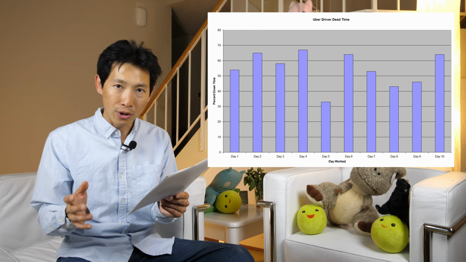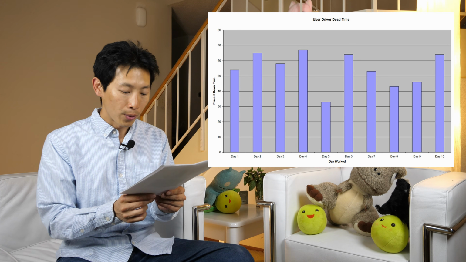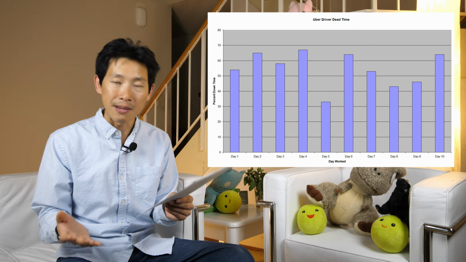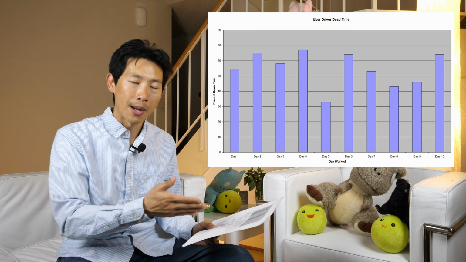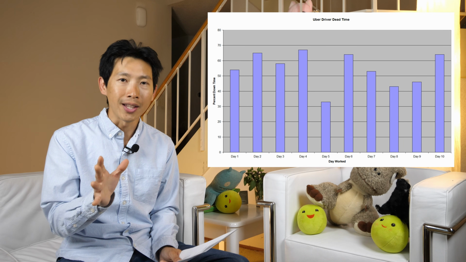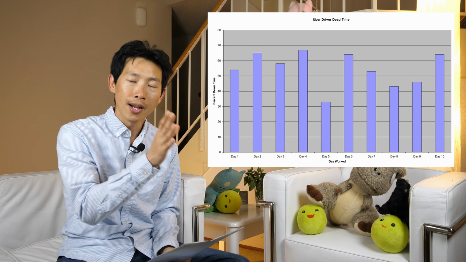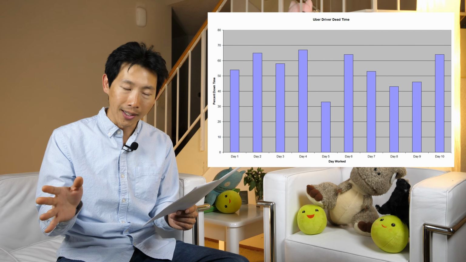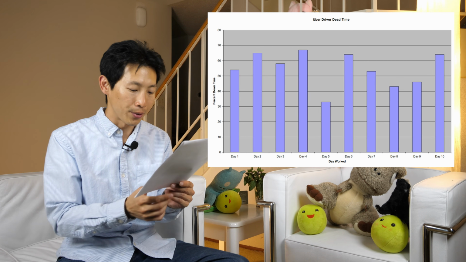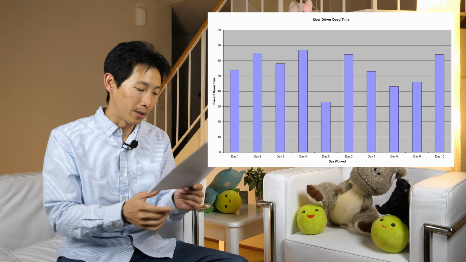Day five, I changed my strategy a bit. I had only 33% of dead time because I drove from 9 p.m. all the way to 1 a.m. on a Thursday, which is a high demand time. So right around 9 p.m., everyone got off work. Maybe they want to go out or something, all the way to 1 a.m. So I think if you're driving around the peak hours, especially during Thursday, Friday, and Saturday evening, those are really good times, along with Saturday afternoon and Sunday afternoon. Sunday night, people tend to not go out as much. It dies down a little bit to me.